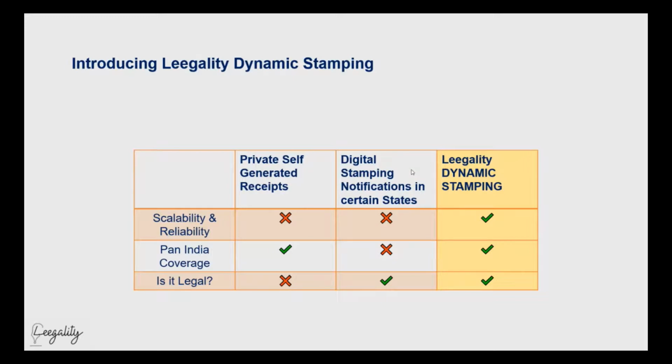In terms of scalability as well, because we work on an inventory model, we can procure stamp papers from thousands to hundreds of thousands of papers, depending on your requirements. There is again no third party intermediary involved. There is no API call to a server, which may crash when too many requests are generated. Those things, just by nature of the design of the system, are not relevant. And therefore you will not have any problems in scalability or reliability. And we'll look at this in terms of live implementations, which we'll talk about in the next slide.